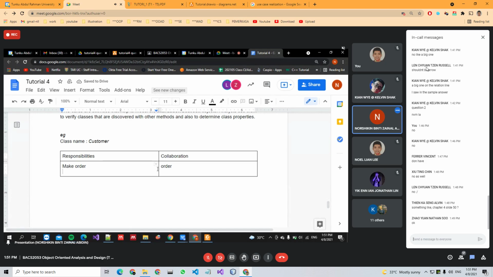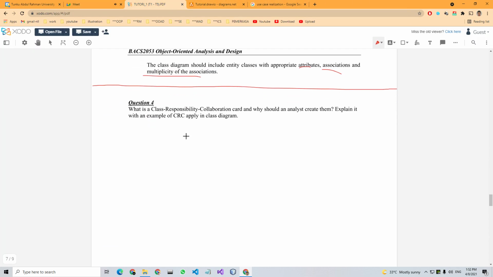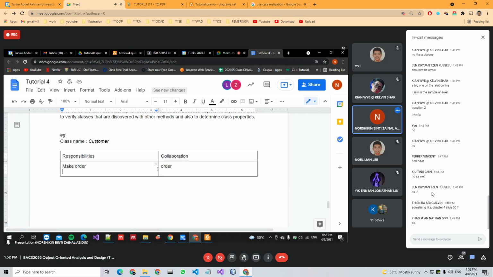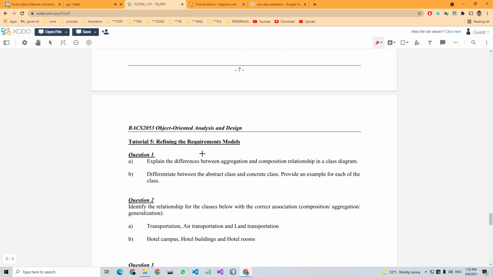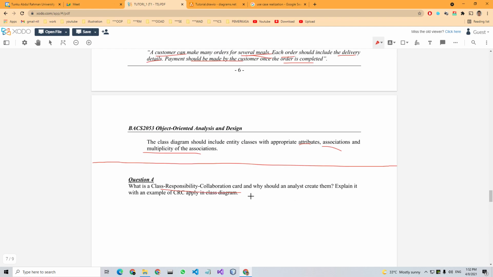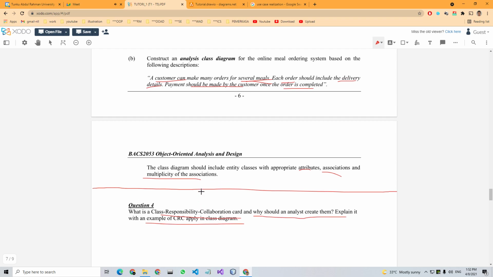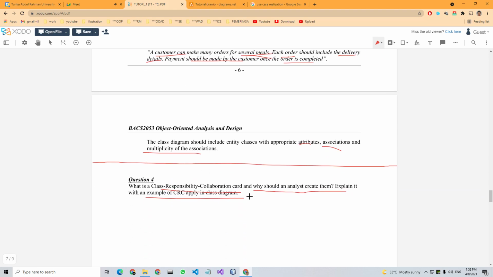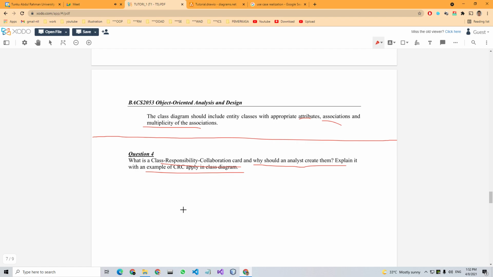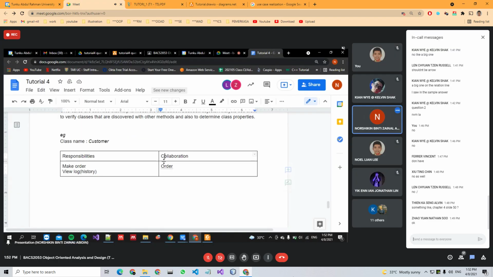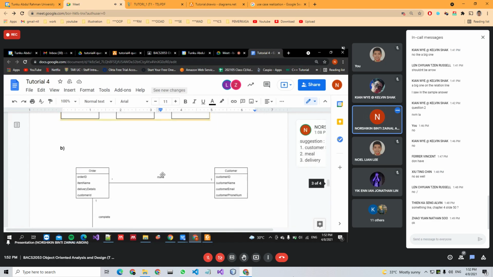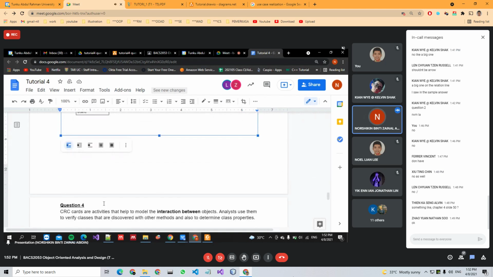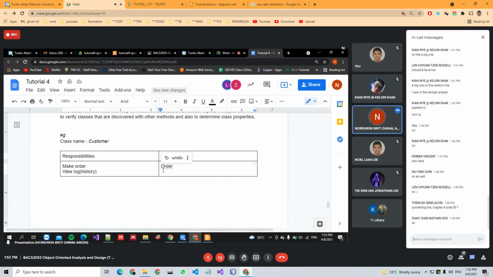Then what else? Customer responsibility, make order, collaboration order. What else can I add? Then view log, collaboration is class view log history. If I use history, it's my collaboration. Payment, make order, collaboration is order. View log history or